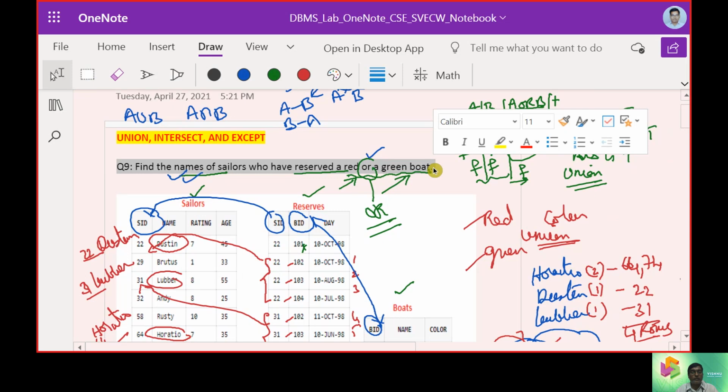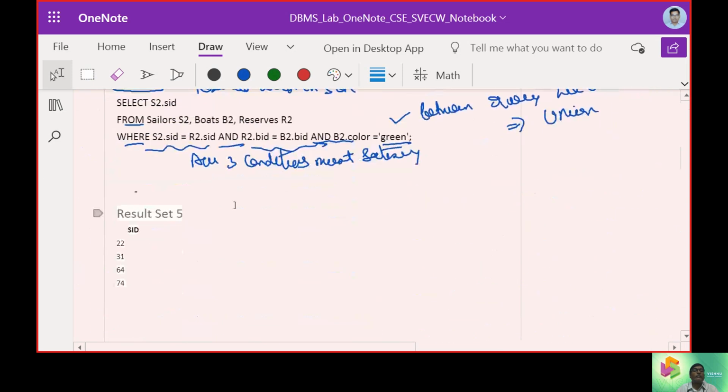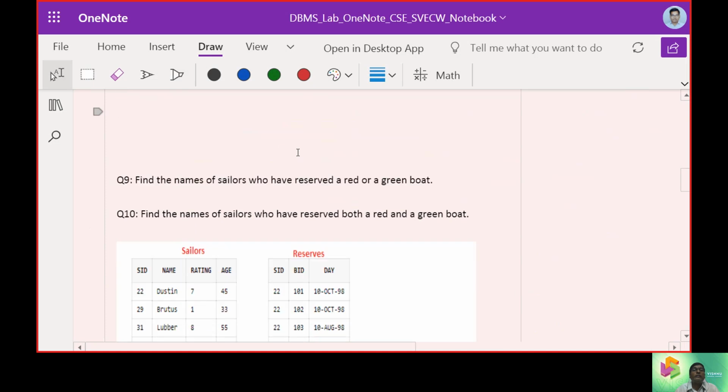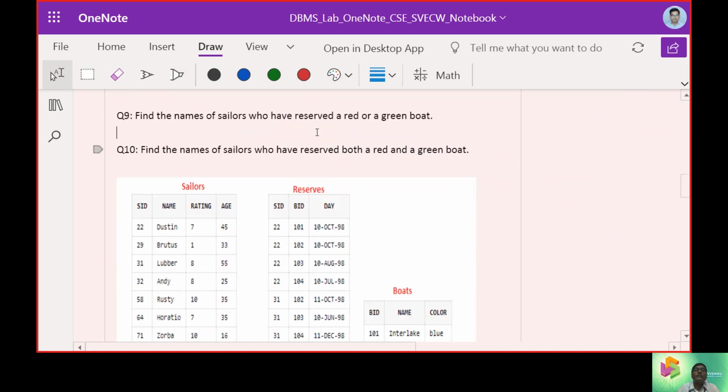Question number 9 was saying find the names of sailors who have reserved both a red and a green boat. In the earlier question, 'or' was mentioned, and here 'and' is mentioned.